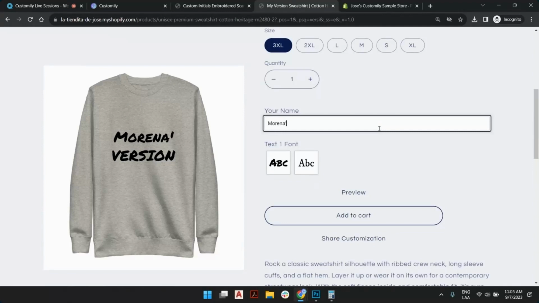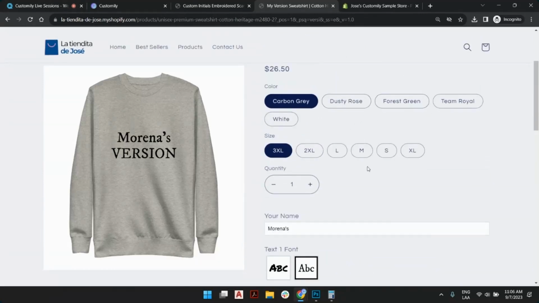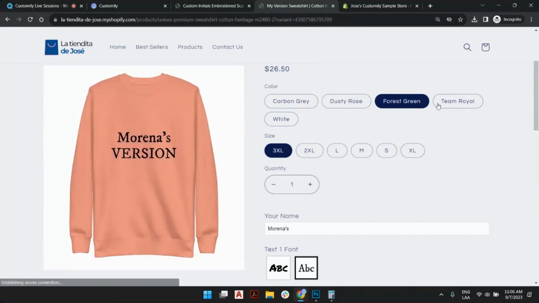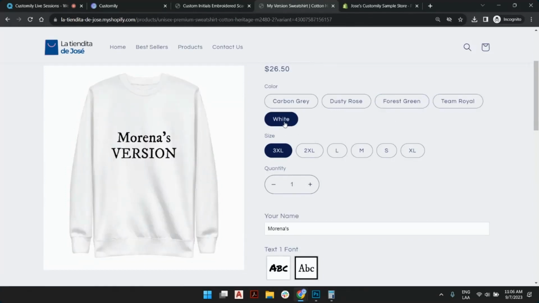For example, like you see, it's live changing as we type. Also, we can change fonts. We can select different clip arts, upload our own photos. There's a lot of things you can do with Customily, and you will see the live version of your customization in the live preview, as well as when you change your, in this particular case, we have variants for colors,